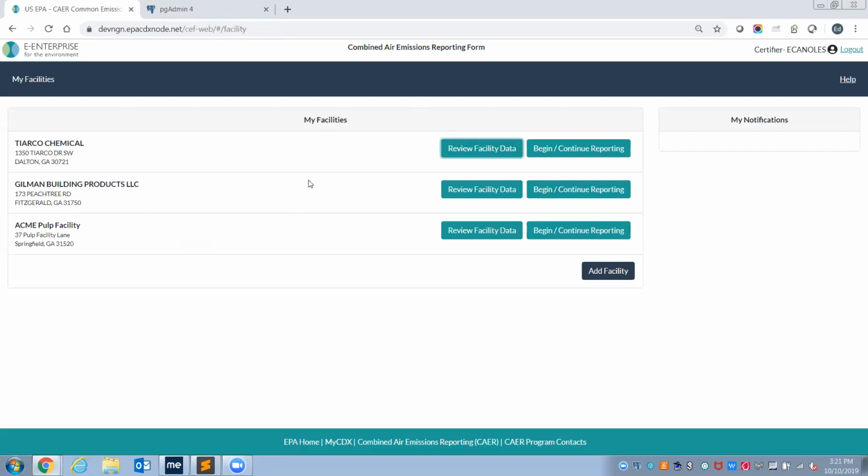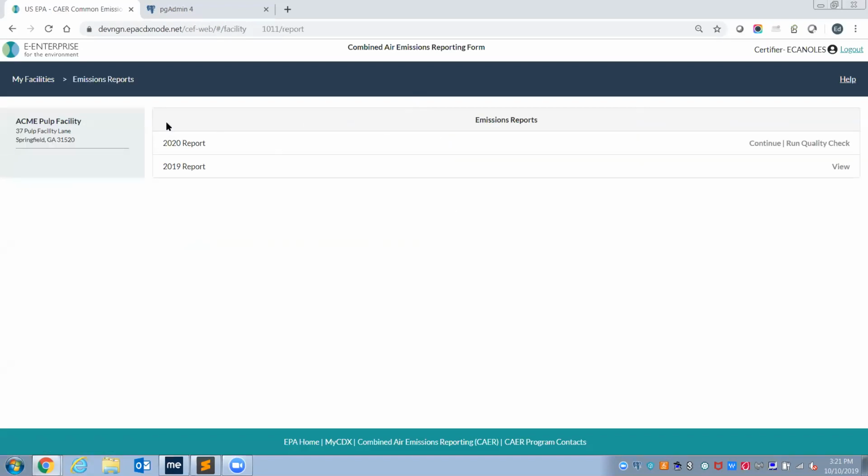I'm going to choose one sample facility here and review the facility data for it. Hopefully it'll come up here. Maybe not. Try. There we go. I'm going to go on in and actually pick a report. So for this state facility that I have here, this Acme Pulp facility, you can see I have a